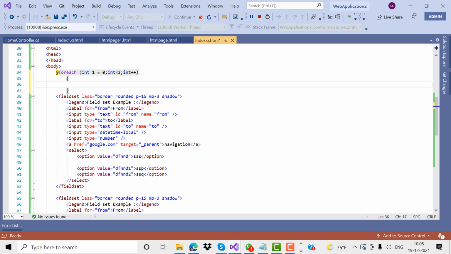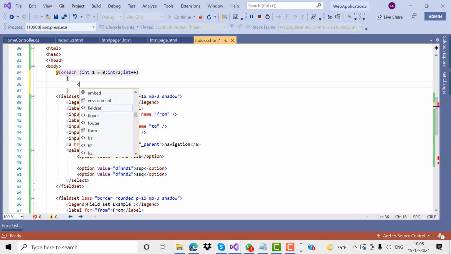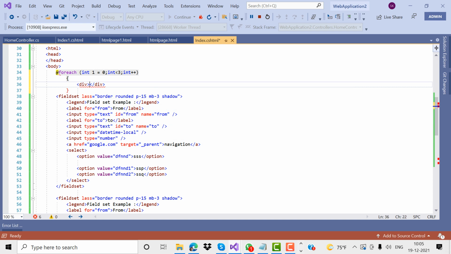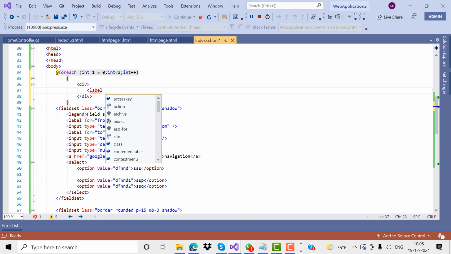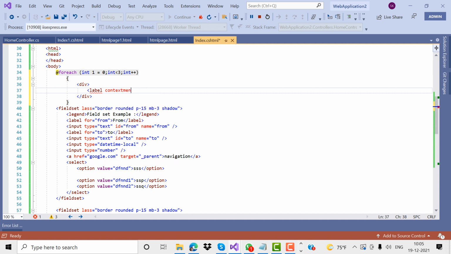In the div you need to give some div value. In the first div you need to give some label value here. Label text type, text is equal to label some text type.